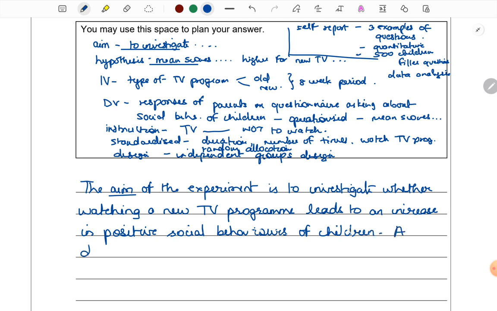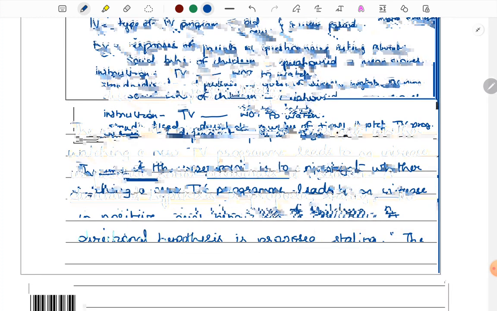A directional hypothesis is proposed stating the mean ratings of social behavior by parents